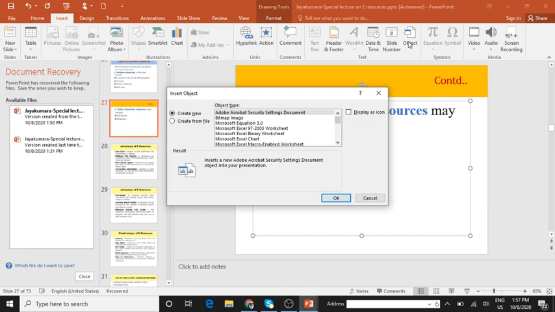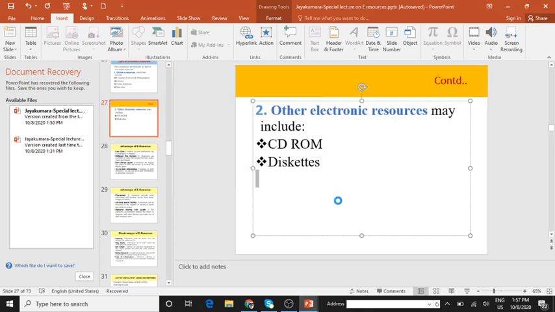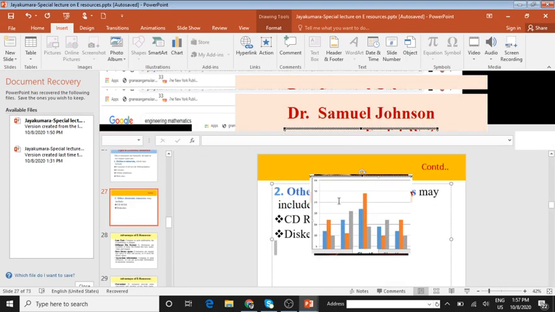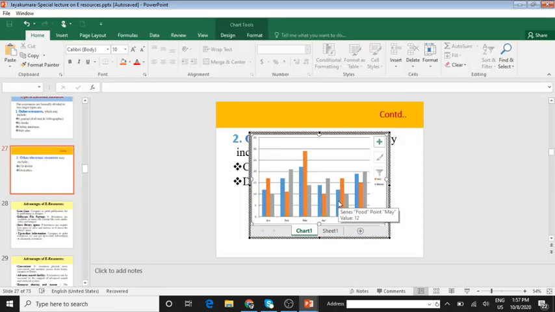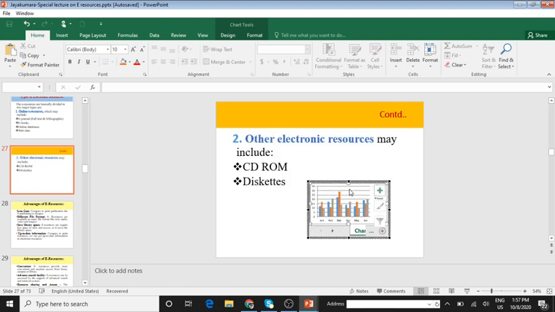So this is what appears for you. If you have something, you can just click Excel chart. Click on OK. Now the Insert Object dialog box will pop up. Now it has popped up and I have chosen the chart from Excel. Click OK and your chart will be available for you. In this you are supposed to resize. You can resize it.